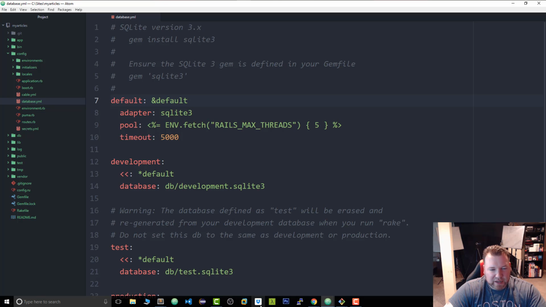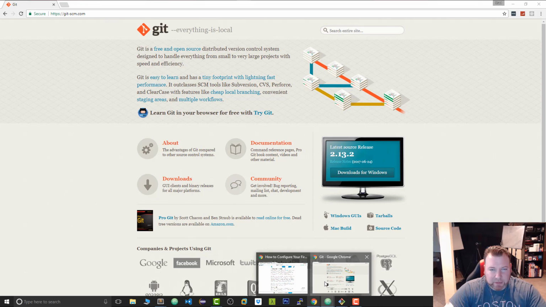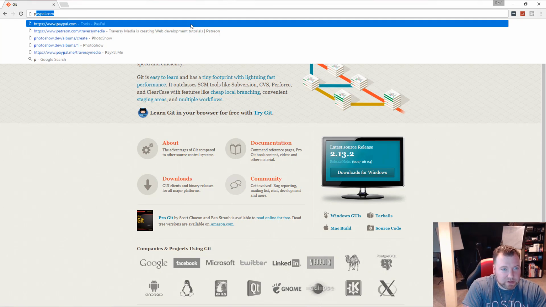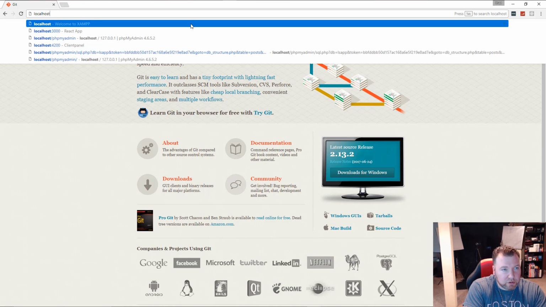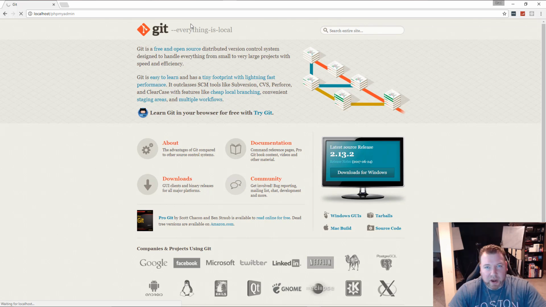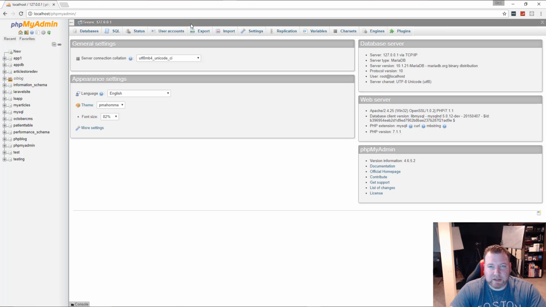Now I'm using XAMPP, which gives us an Apache server, MySQL, PHP, all that stuff on my local machine, and it also comes with phpMyAdmin, which is a tool for managing your databases. So let's go to localhost/phpMyAdmin. And all we have to do from here is create a database, because Rails uses something called database migrations,